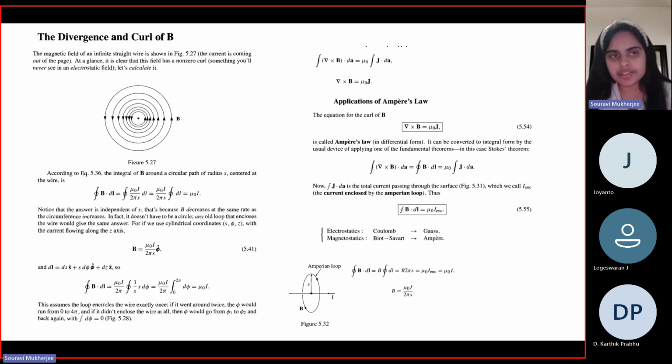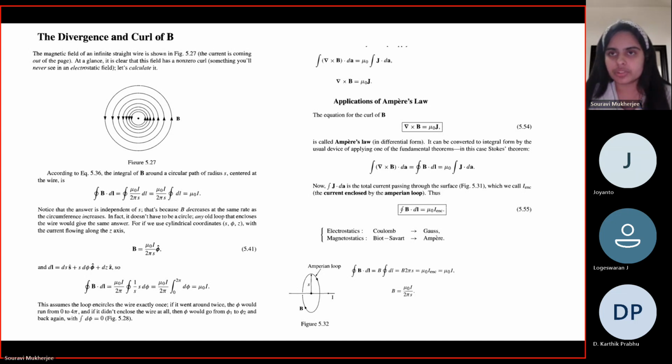Now let us talk about divergence and curl of B. Initially we spoke about Gauss's law, which allows us to simplify our calculations of electric and magnetic fields, and we can also use symmetry, which makes things easier. Now we have a similar thing for magnetostatics as well. Just as there was Coulomb's law and then Gauss's law for electrostatics, in this case you have the Biot-Savart law for magnetostatics, and